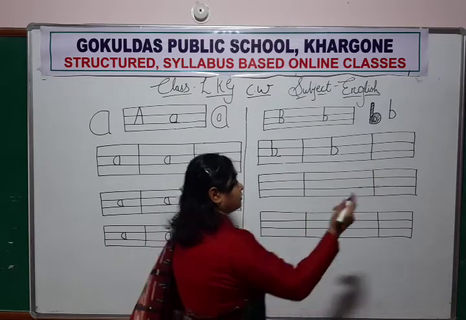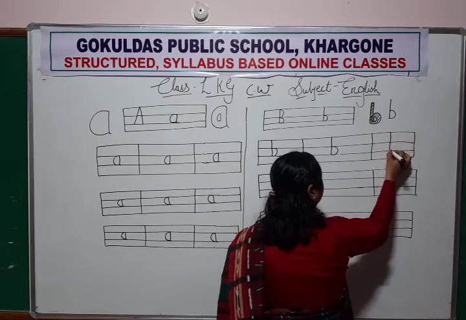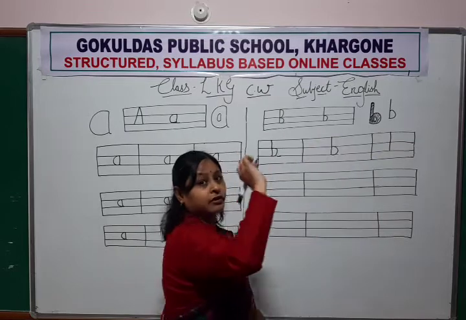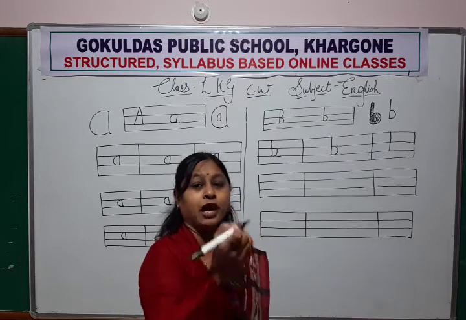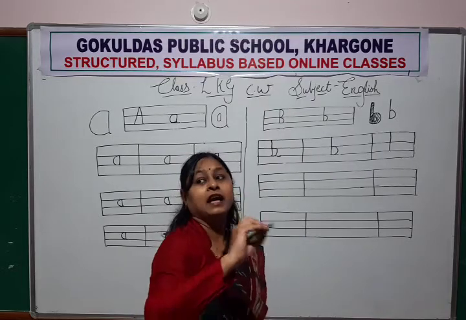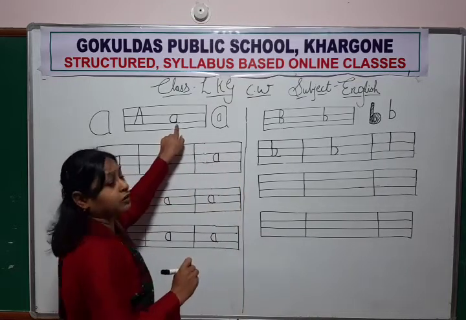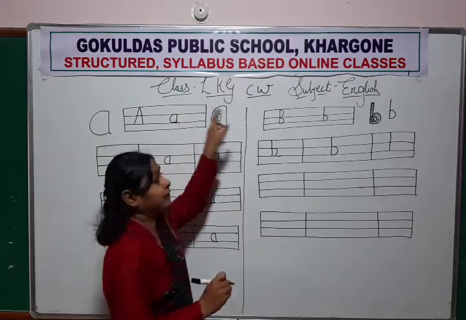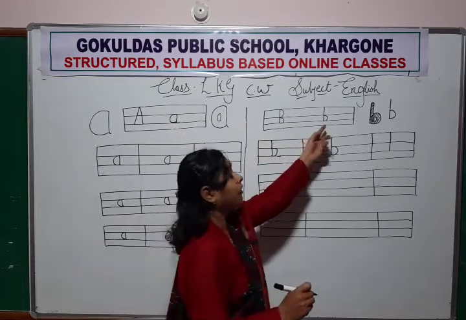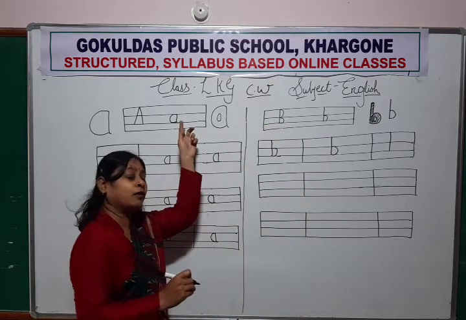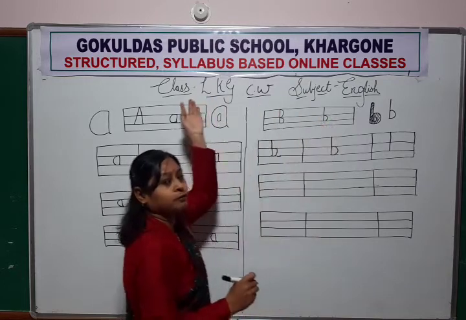Okay. So let us start again. How will you write? First standing line from the dot. Where is the dot? The dot is on the upper line. So first you have to write standing line and then half circle. Look here. A will look at B and B will look at A. Who is A looking at? B. And who is B looking at? A. Okay, so A is looking to B and B is looking to A.